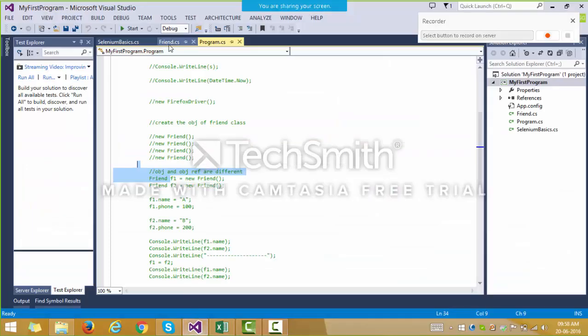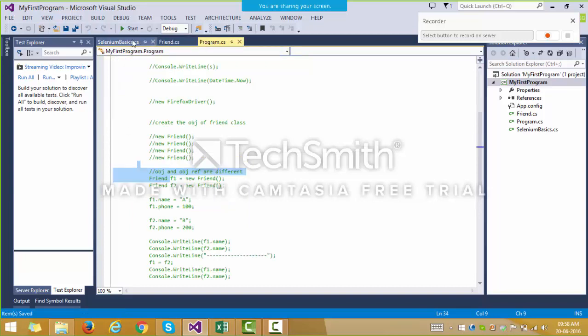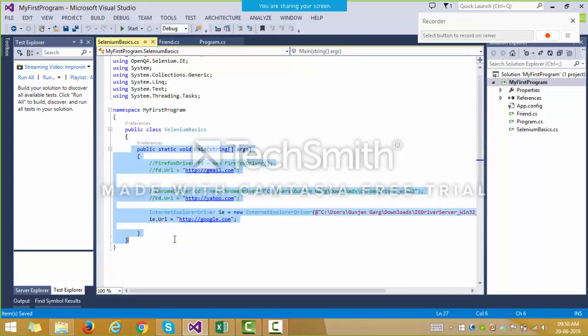Another variable in the friend class. Suppose we have a variable known as city inside the friend class, right? And I'll just declare it as public. Okay, now I'll comment out this main function of the Selenium basics class, and let's move towards the program.cs